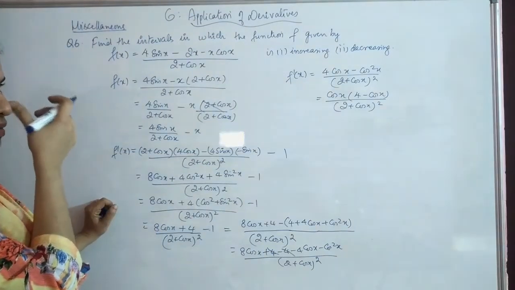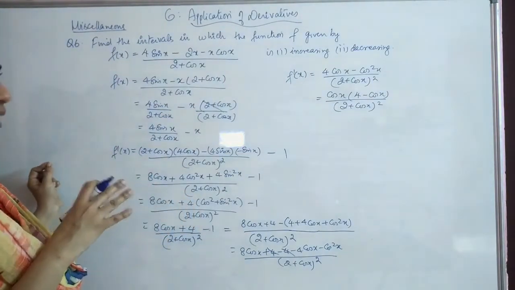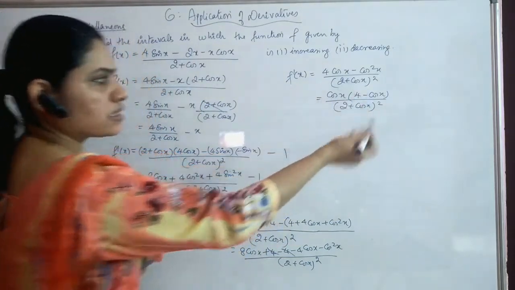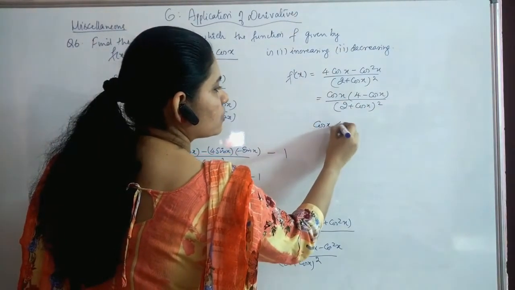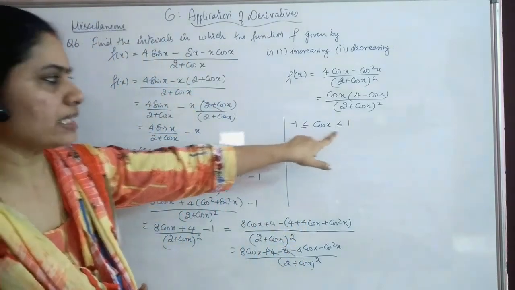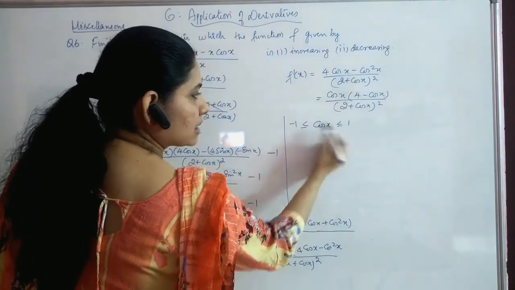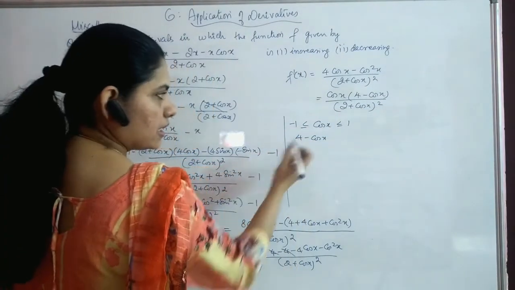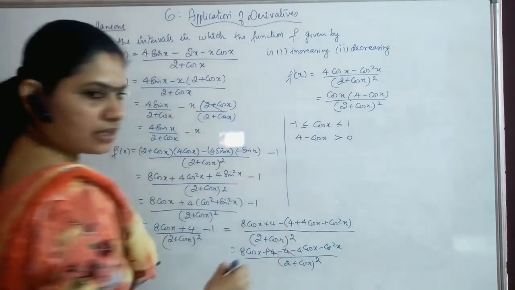Now we need to find out where f dash of x will give you the positive thing and where the negative thing, right? So for that we are just not equating it to 0 and finding out, because you will get only one case, cos x equal to 0. So what we are doing is, just see, the cos x value will be ranging between minus 1 and 1, right? Now we are going for this value. The maximum value for cos x is 1 and the minimum is minus 1. So what can you say about 4 minus cos x? Even if you are putting the minimum value or the maximum value, you will get this to be positive, right?